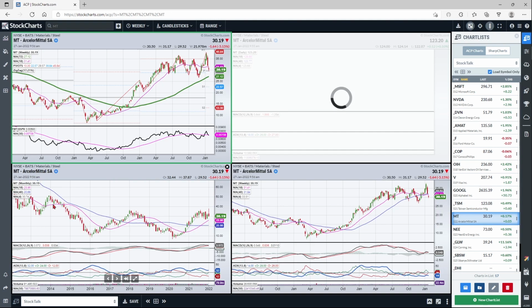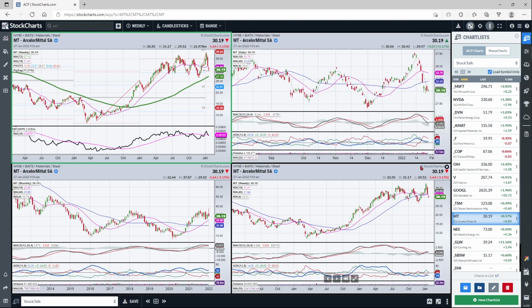MT is making a pretty nice turnaround on the longer term chart, but just the recent breakout failed to break out. You tried to take out that high and then reversed on a dime. I think this is still caught in a channel with support at 27, 28, something like that. But keep an eye on this because of the way this is cupping around. I do think there's improving signs in this. And again, if it can survive what's going on in the market, then this has a pretty good chance of having a rally after that.